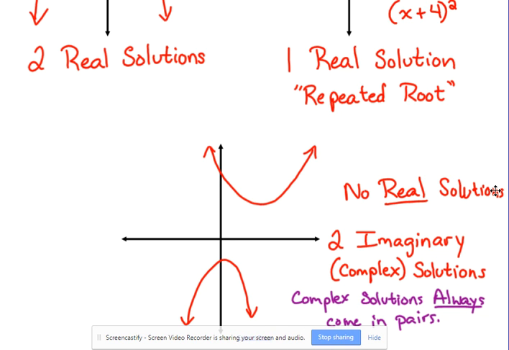But if it doesn't cross the x-axis, you've got imaginary or complex solutions, and you have to rely on your calculator to help you out with those. You can't use the calculator. Okay. With the first two scenarios, you can graph those. You can graph them and find the zeros, and you're going to get the answer. With this one, it doesn't cross the x-axis. You don't have a 0. You can't use the calculator to graph them and find the answer. So you're going to have to use what we learn later on this week. Okay? So, just wanted to give you that little bit of an overview before we actually got into solving some